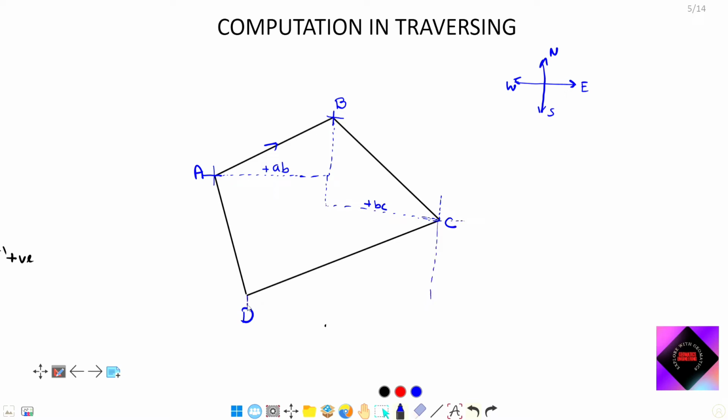For DC, this much will be the CD. For the CD line, this much will be the departure. This is in the direction of west, so I consider it as negative DC. Now again for AD, DA, again this will be the